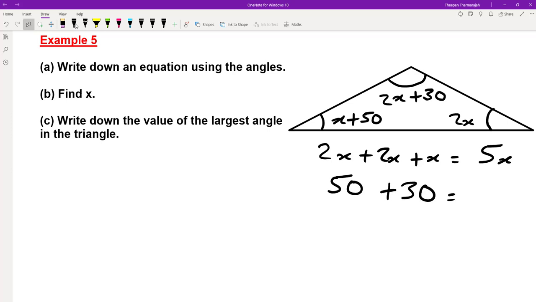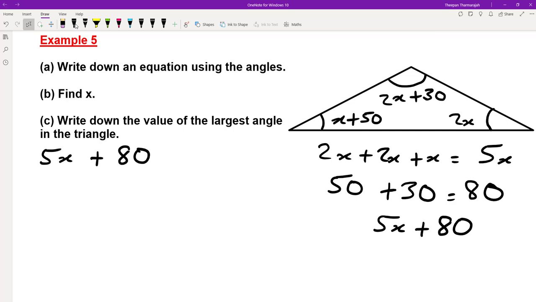Now that will give me a total of 80. So now I can write down an expression for the sum of all the angles, which is 5x plus 80. So 5x plus 80, that must equal the sum of all the angles in the triangle, which is 180